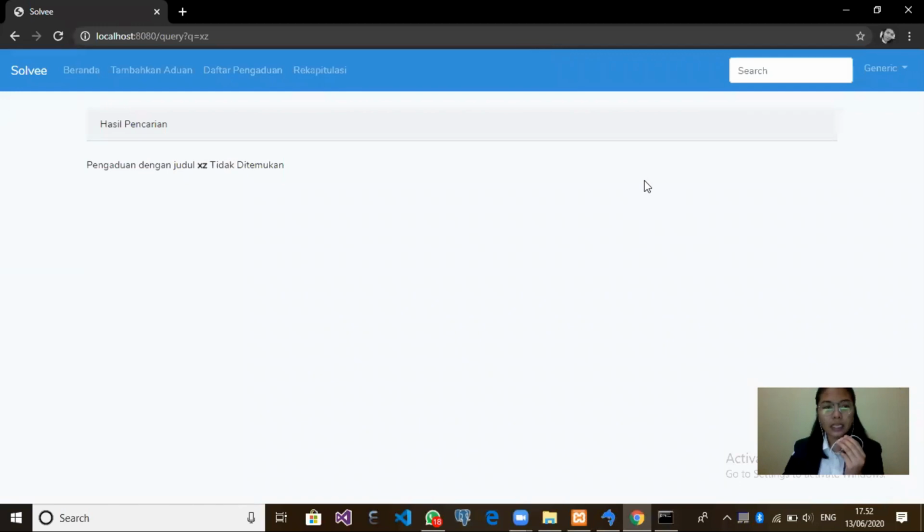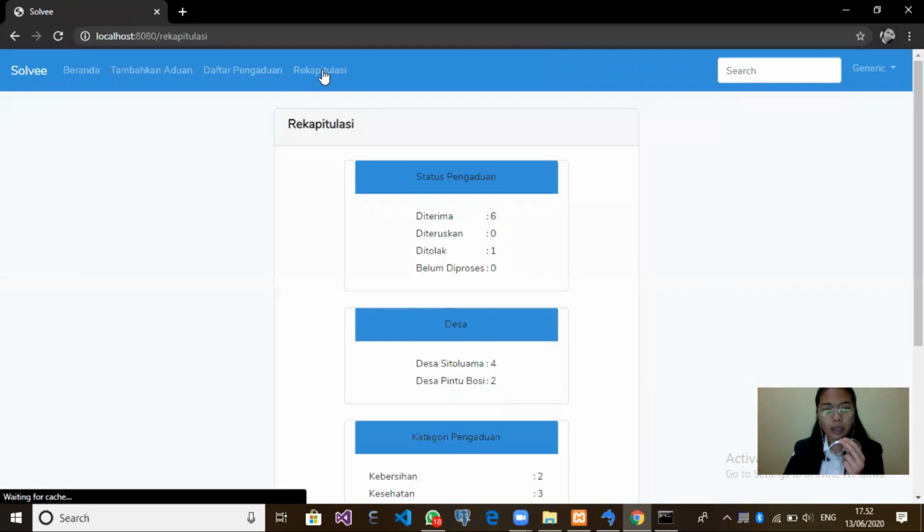And the next function is melihat rekapitulasi pengaduan function. The business process that runs in this function is: first, the user as actor goes straight to the rekapitulasi feature, and then the user will automatically get the information of the recapitulation of the reports or pengaduan that have been recorded before. The recapitulation will show how many pengaduan or reports have been accepted or diterima, ditolak or rejected, diteruskan or forwarded,